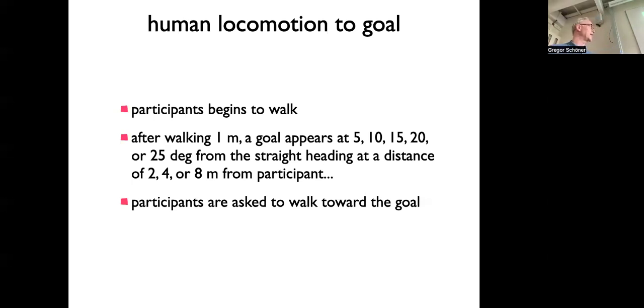It really feels amazing. So you begin to walk, and then under different conditions, in one condition the target is just a vertical cylinder that shows up in your scene, at different distances and different angles. And then you're turning to that. It's very trivial. It feels totally trivial. And then in another experiment,